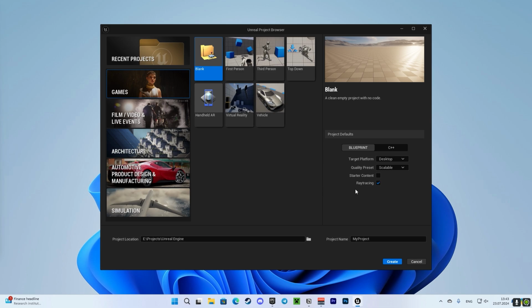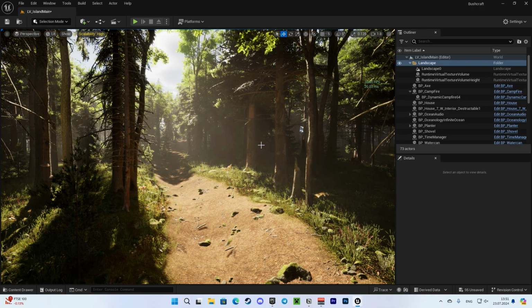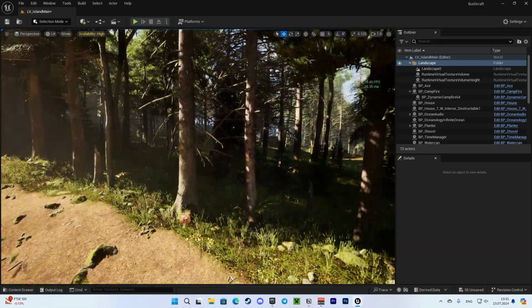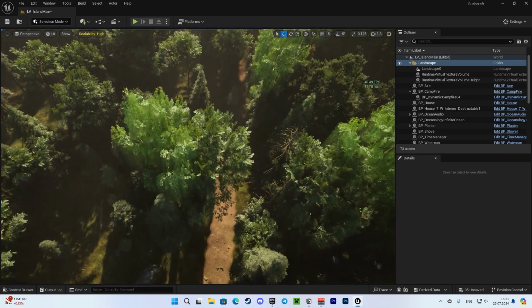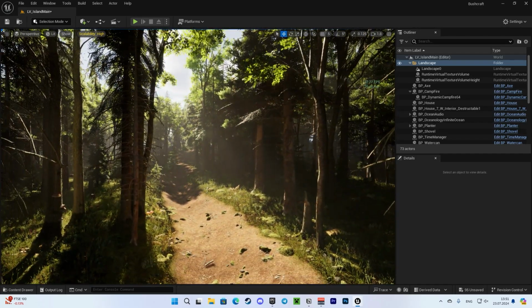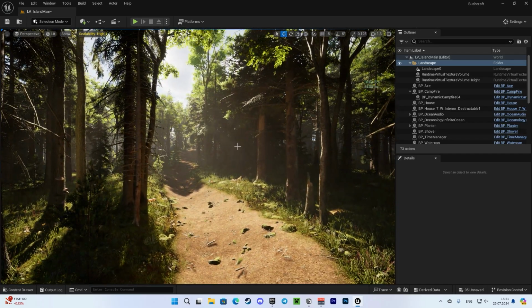I also recommend enabling ray tracing, and we'll go over the settings in a second. So right now you can see my FPS went down by a lot. That's because I disabled Nanite, and you can see the draw distance is quite small. This is because I want to show the difference between using Nanite, virtual shadow maps, and how they all impact